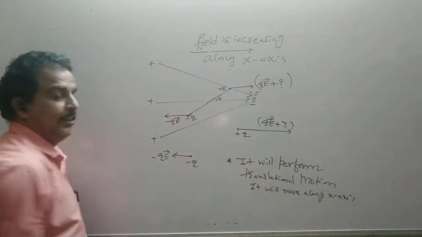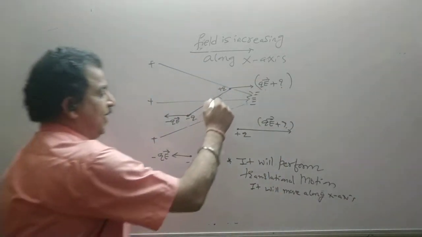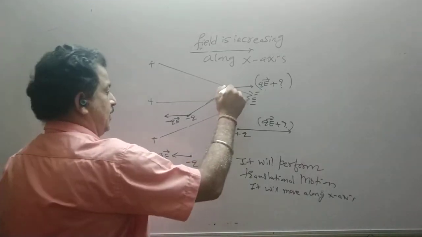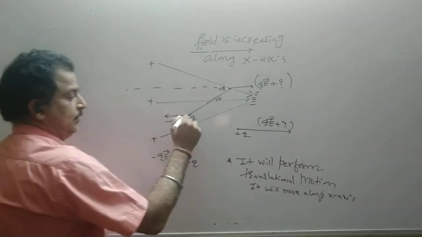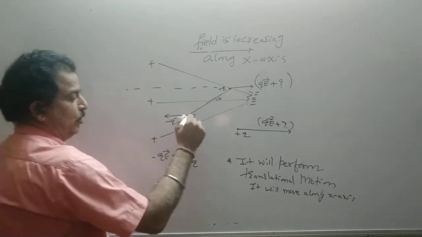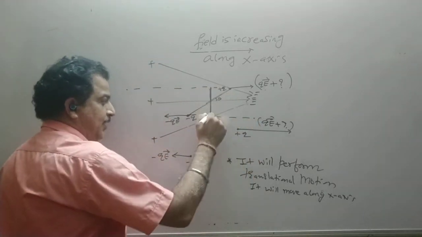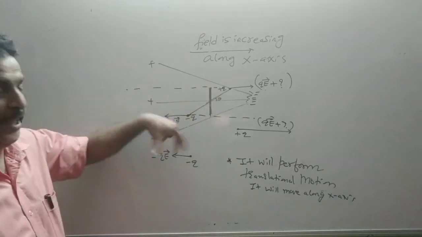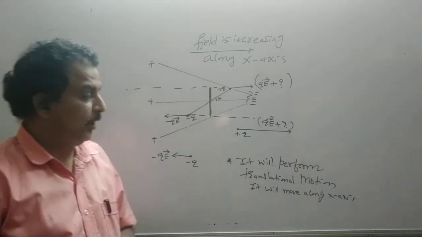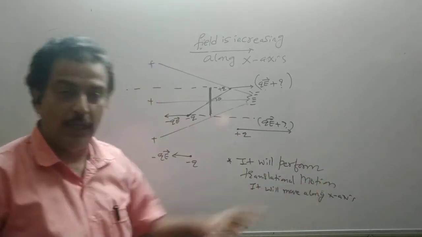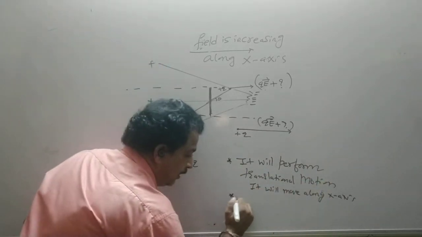इस तरफ चलेगा ये, और थीटा बना रहा है, टॉर्क भी एक्ट करेगा, because you see this is the field line, sorry, line of action of force. This is also line of action of force. Again both are parallel and there is a perpendicular distance. Again it constitutes a couple. So it will perform translational motion. For this case it will move along the x-axis.